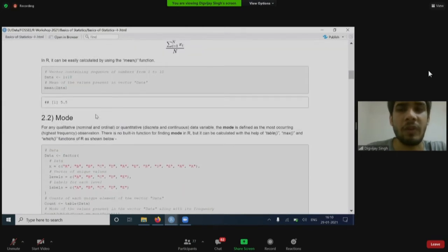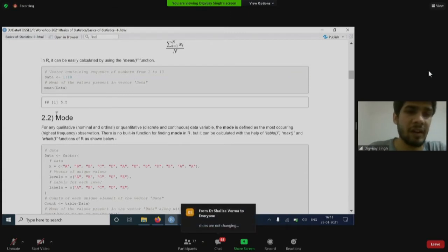Before moving forward, one thing I want to clarify: this live session is more focused on the implementation of basic statistics in R, rather than the mathematics behind it. We definitely cover the mathematics, but it will be more focused toward the application part, how we apply them in R.